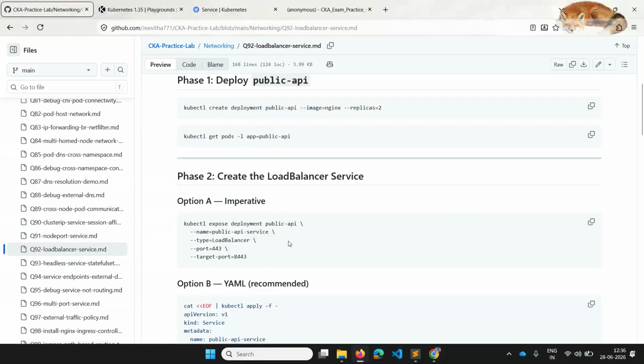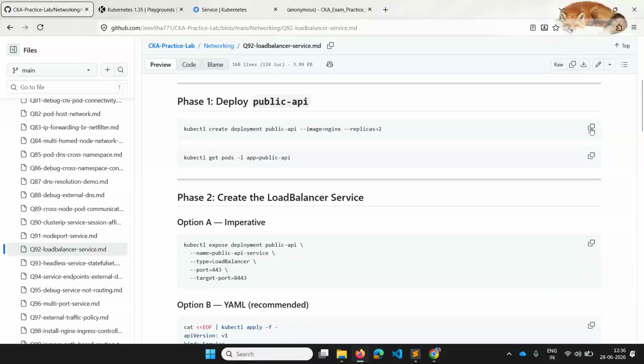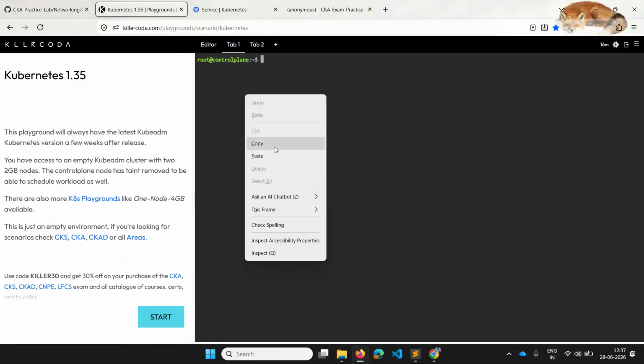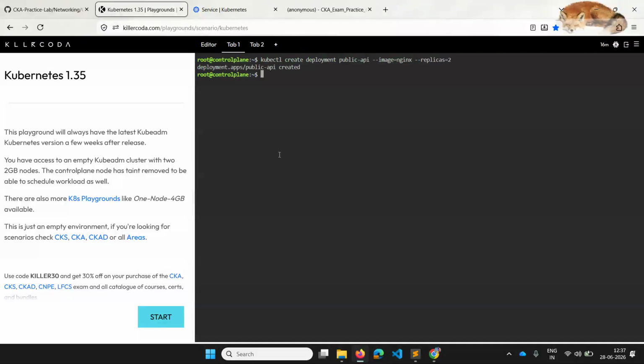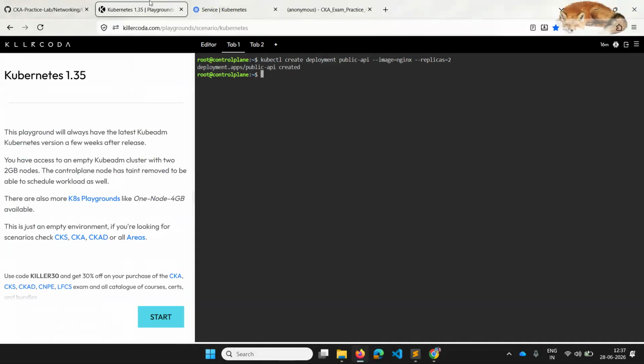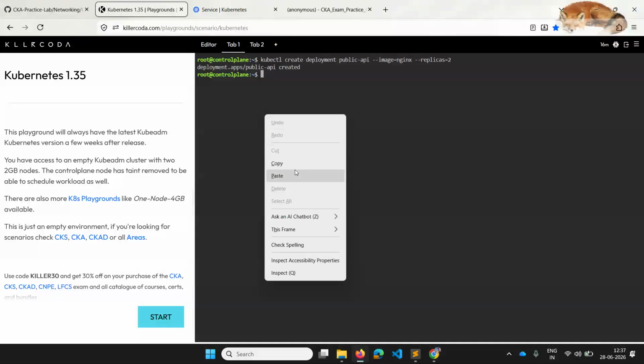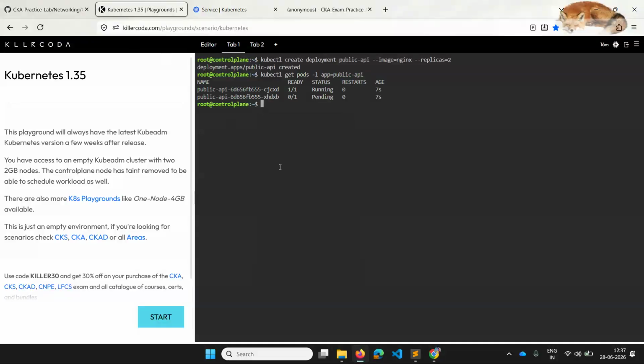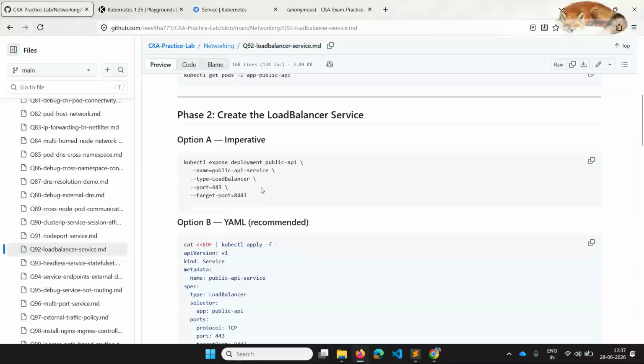So yeah, generally you can create a deployment, because that is the one which creates the pods, and you can verify that the pods are still running. And then after, there is a load balancer.